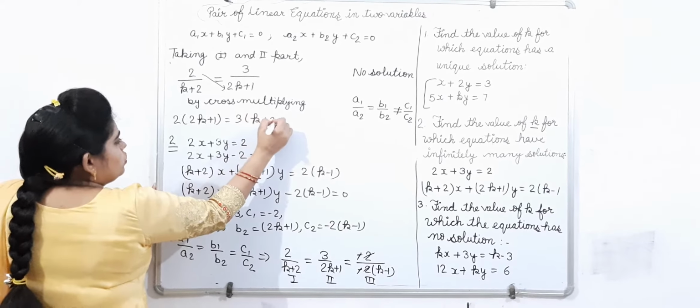So 2 twos are 4k plus 2 is equal to 3k plus 6. 4k minus 3k is equal to 6 minus 2, so k is equal to 4. So for k is equal to 4,